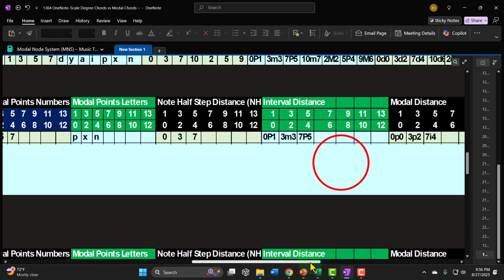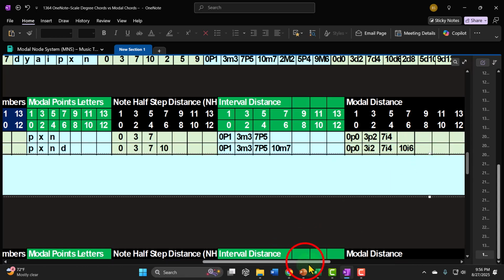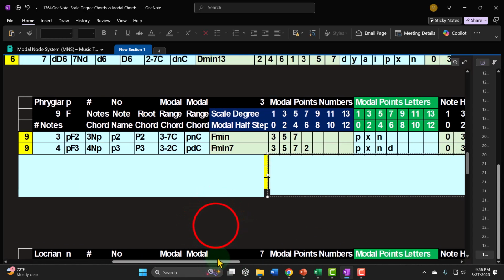If we add another note to Phrygian, what's going to happen? It's going to be an F minor 7. So again, the minor 7 is the same distance for all of the minor modes. So it doesn't really tell me if it's on the Dorian, the Phrygian, or the Aeolian. So it'd be nicer to call it a 4-note Phrygian, or a Phrygian F3 if we don't know the collection of notes. But if we know the collection of notes we're in, just call it a Phrygian 3